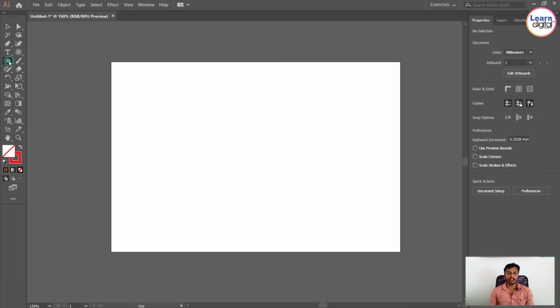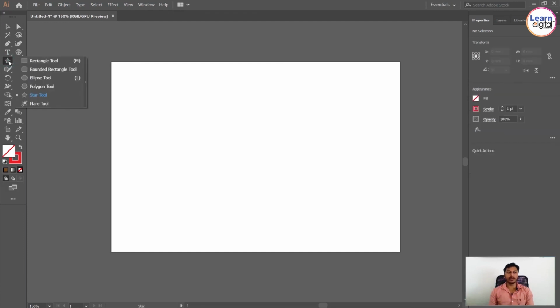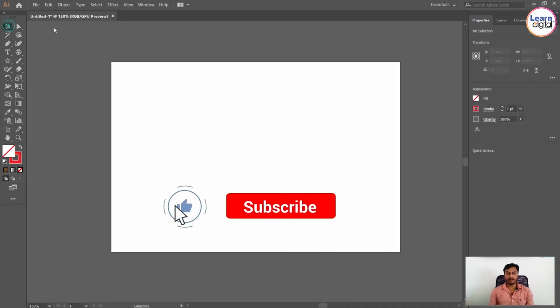Then our shapes. The normal shapes are rectangle, rounded rectangle, ellipse, polygon, star, and the next ones are line, arc, spiral, rectangular grid, polar grid. These are the main tools. With these we discussed how to fill a color, how to change the fill color and stroke color, and with that, how to change the stroke points, the thickness of your border.